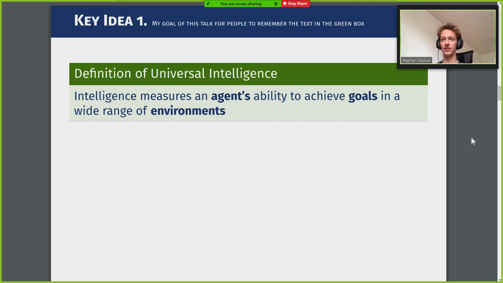So if we all have an agreed upon definition, we can actually start working on making coherent statements together rather than just disagreeing over semantics. I was going to provide an image of a non-continuous function and ask someone what the derivative of it was at the point where it's not continuous. And then I was hoping some people would say, well, we can't find the derivative of that function because it's not defined. So if nothing else, remember intelligence measures an agent's ability to achieve goals in a wide range of environments. We can go to the next slide.